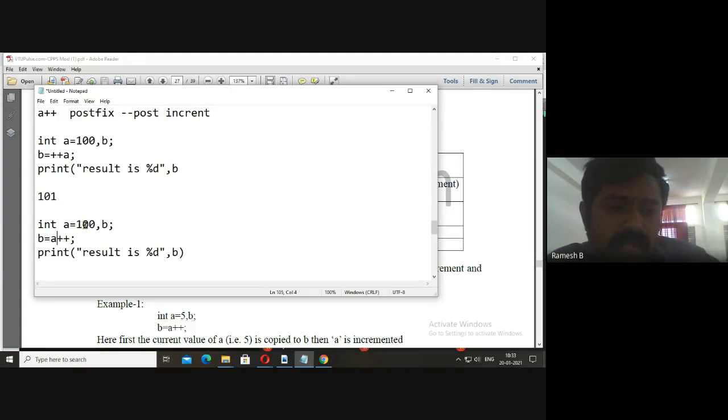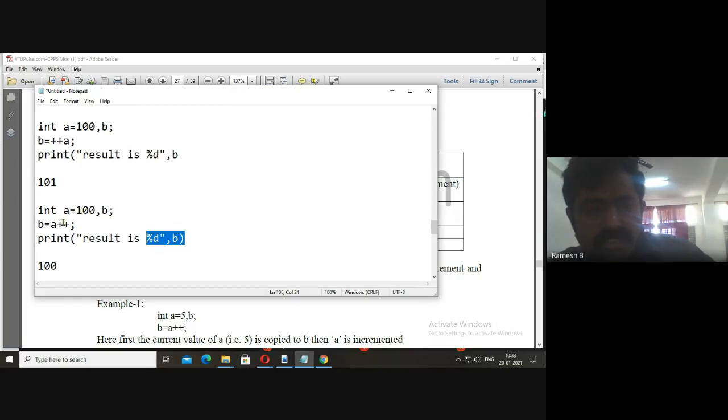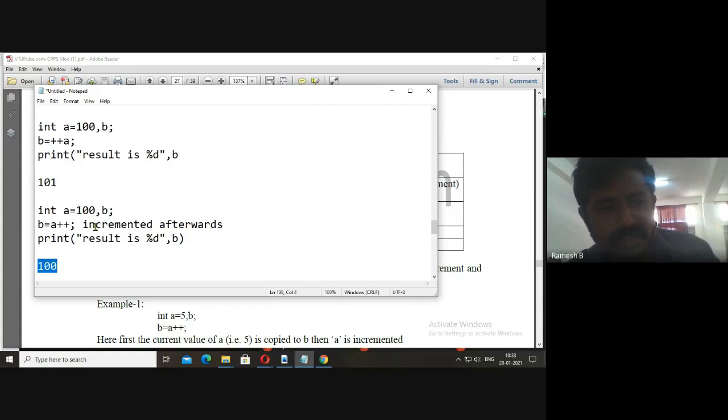What is the value of a here? 100. 100 will be assigned to b, so we will get the output as 100. This is known as post-increment, because the value is assigned first, then it is incremented afterwards.